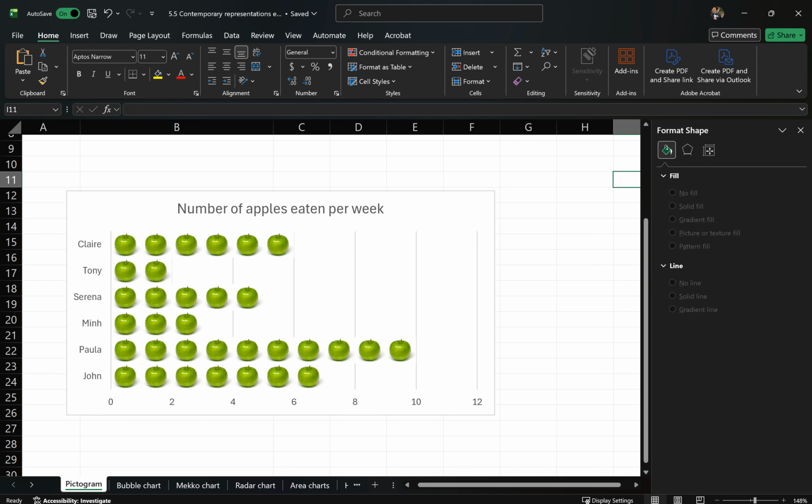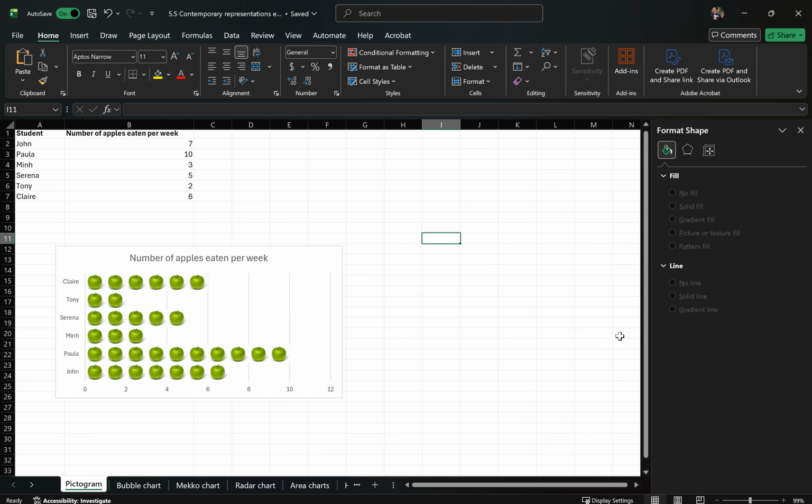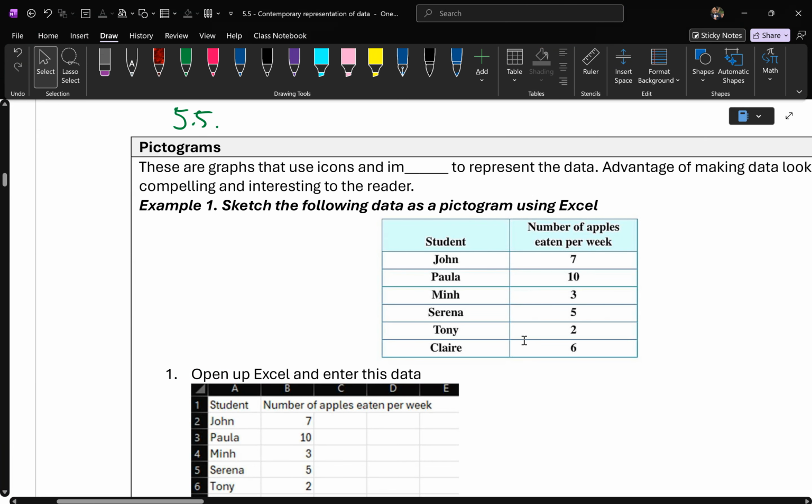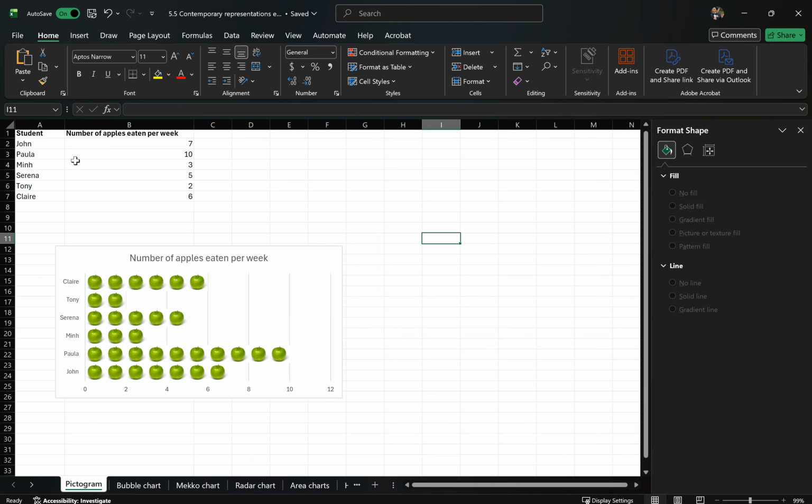So how do you do that on Excel? I showed you in your notes there. You can follow it. Type in the data. So here we go. We've got our data. We've got John, Paula, Min, Serena, Tony, and Claire. I typed in the numbers. And this is all you do. Highlight them. So John,